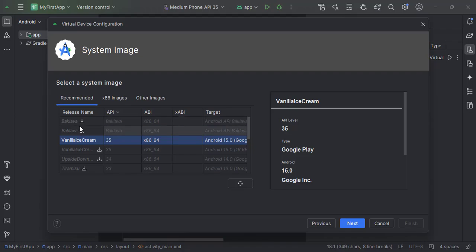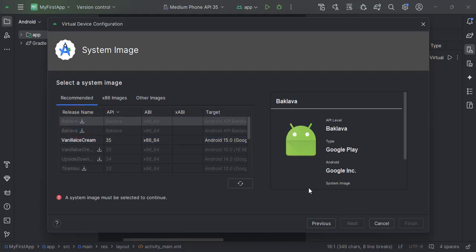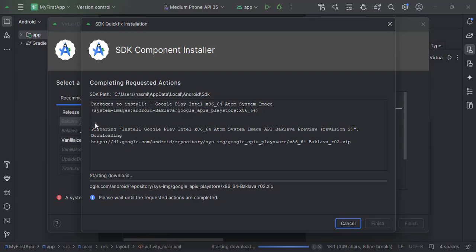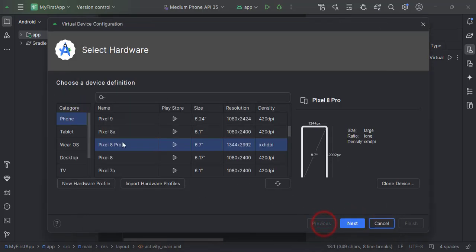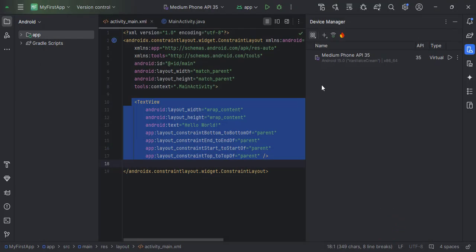If you want more API levels, then you can select here and you can download it, right? A system image must be selected, so you can click and you can download it. So I'm not going to do that. So you can click on next and you can do that,